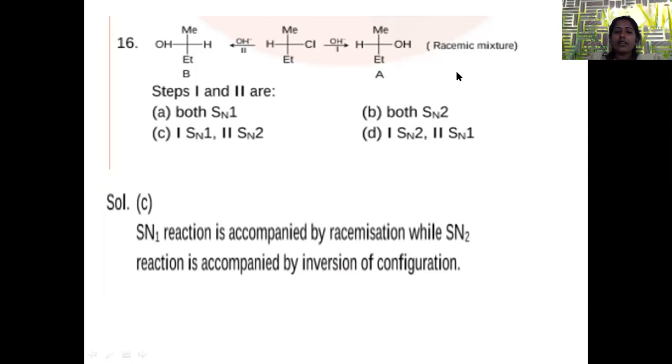That's the reason why when the SN1 mechanism proceeds, we will get a racemic mixture as a product. That's why path A is following the SN1 mechanism. Whereas when OH minus attacks from the back end, inversion of the configuration is possible with respect to the starting material. Hence, path B is following SN2. That's why option C is satisfying, because here the mixture of products, the racemic mixture, is SN1, path A is SN1, and path B is SN2 reaction.